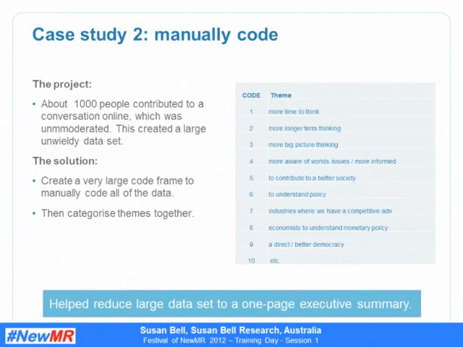And then what I did there was to categorize them all together. I got into the synthesizing stage. This one doesn't really give you the example, the one I've put there, but for example, there were quite a lot of comments about littering. That was bad. There were quite a lot of comments about homeless people, some of which was positive and some of which was negative. There were quite a lot of comments about climate change and all kinds of things like that. And what I needed to do first of all was to put all the climate change things together